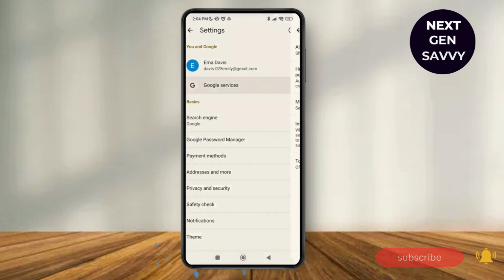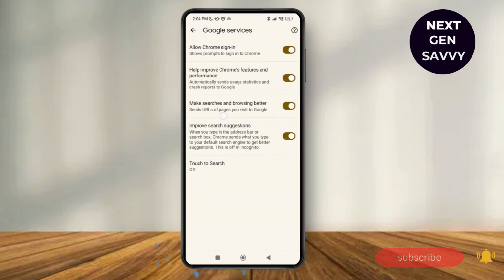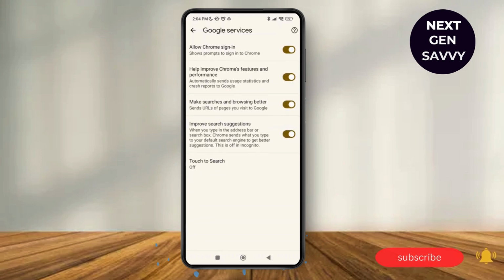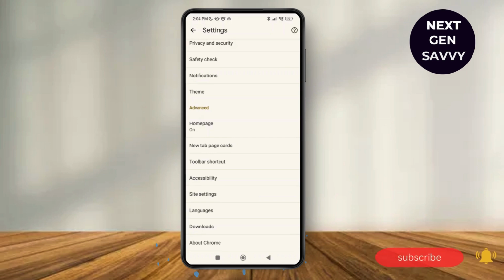So tap on Google Services and make sure that you toggle on all these options over here. So this will allow Chrome to sign in and help improve Chrome's features and performance, make searches and browsing better, and improve search suggestions. Next, go back and then what you can do is tap on Accessibility